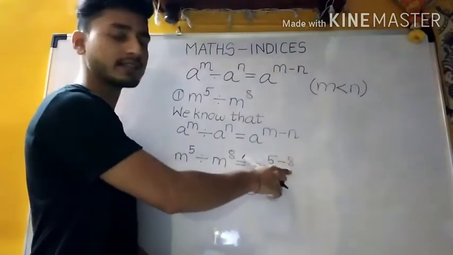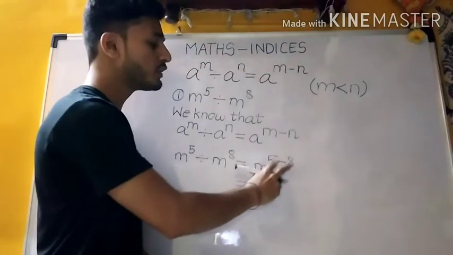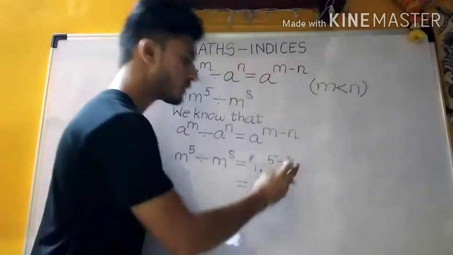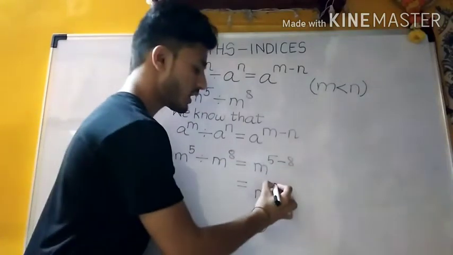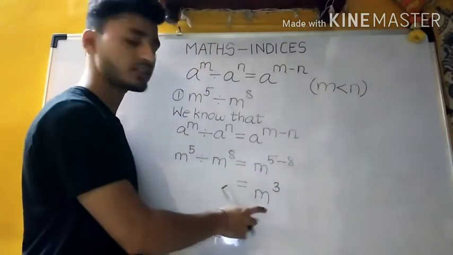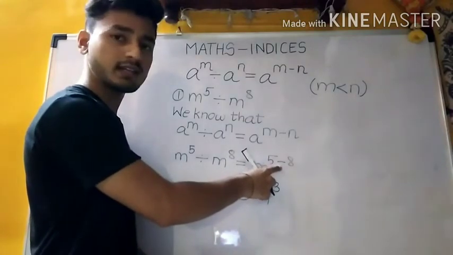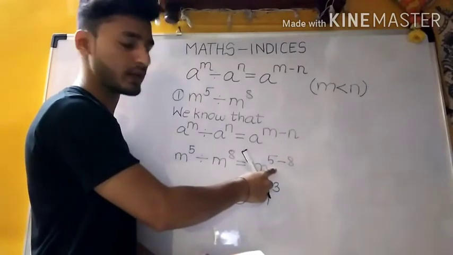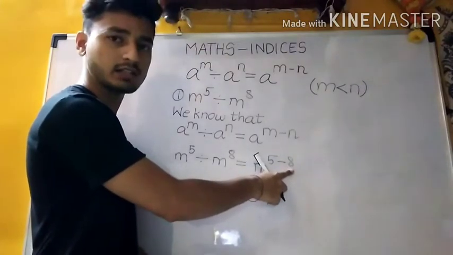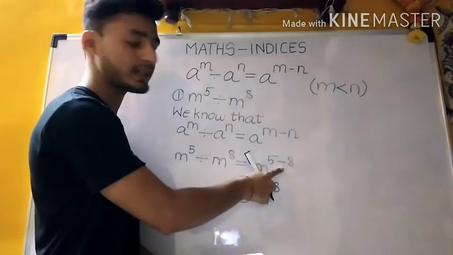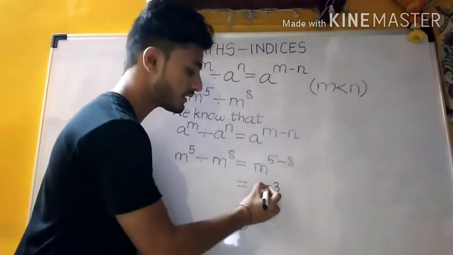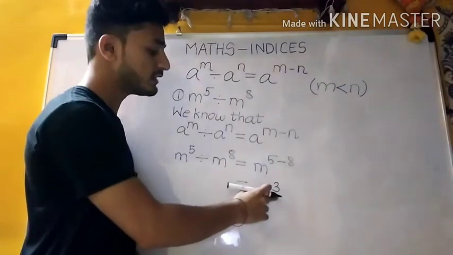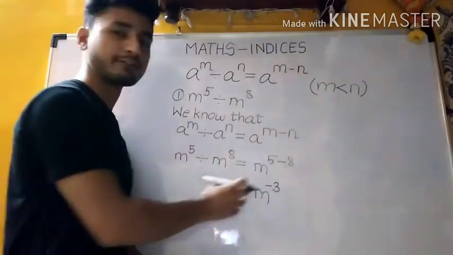Since 5 minus 8 is not possible, what you will do? You do the normal subtraction, that is 8 minus 5. So 8 minus 5 is 3. So I'll write here 3. But the additional step is you will take the greater number sign, or the bigger number. Now check those numbers and see which is the bigger number. So here 8 is a bigger number, and what sign is 8 carrying? It is minus, or negative sign. So I'll add a minus sign here. Now if you see, the answer is a negative. Yes or no? It has a negative power.